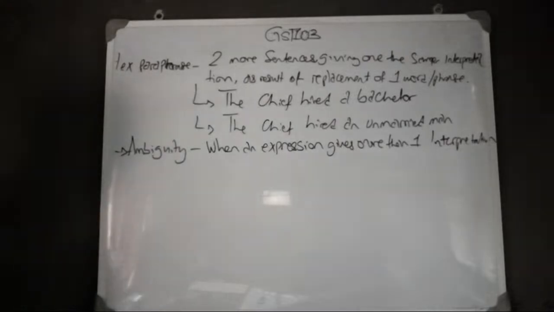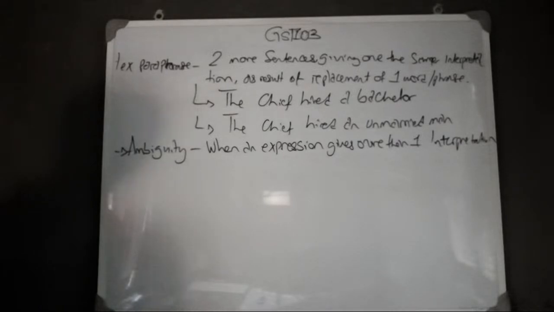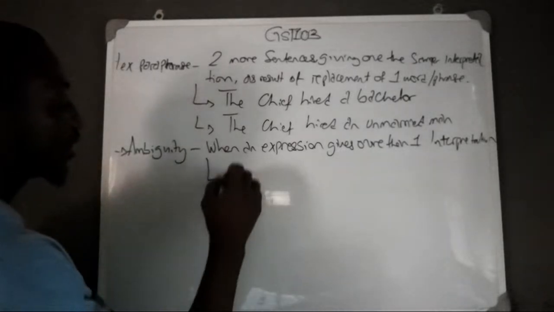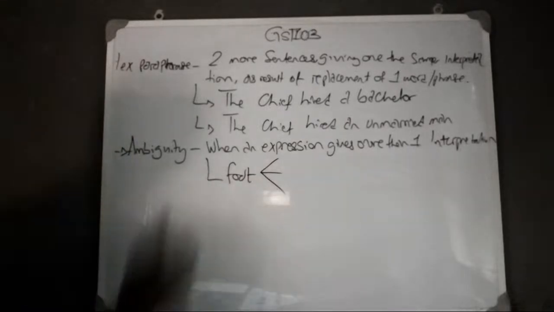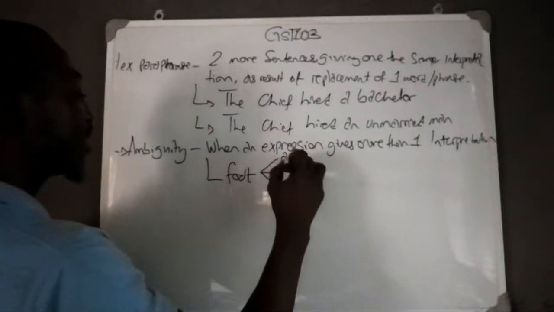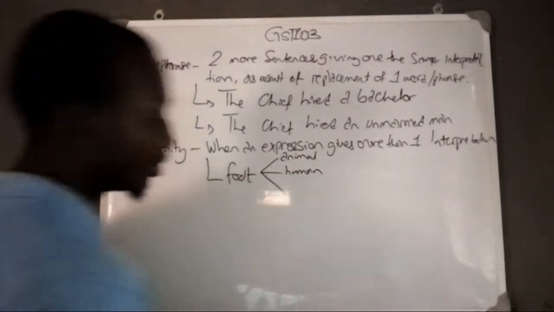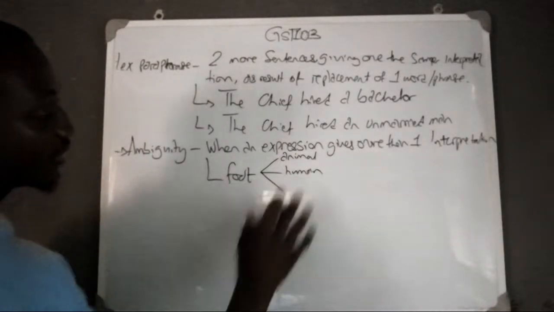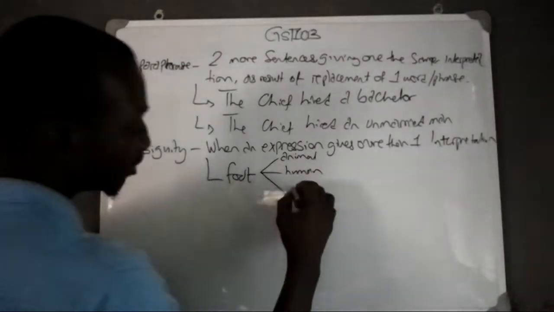Now, my team has many goals. Now, that one is even lexical. Let's take foot. Now, this foot could be animal, could be human. It could be the foot of an animal, feet of human, or the foot of a, let's say,